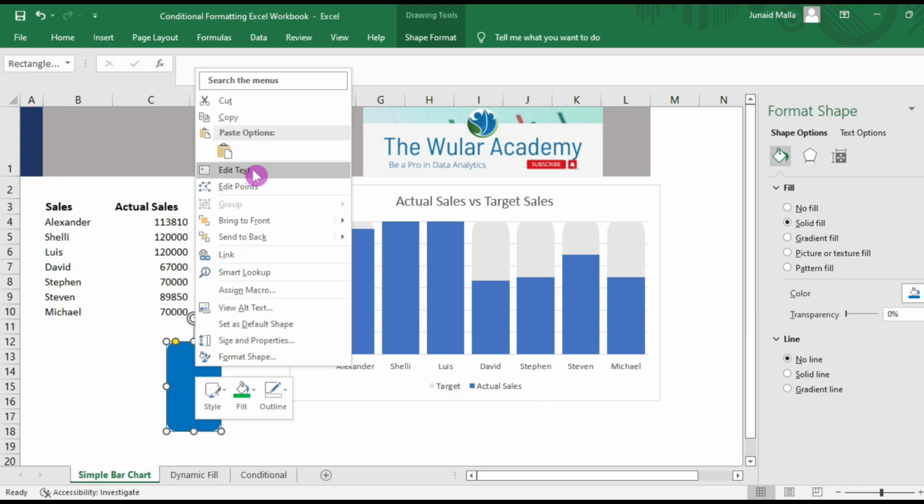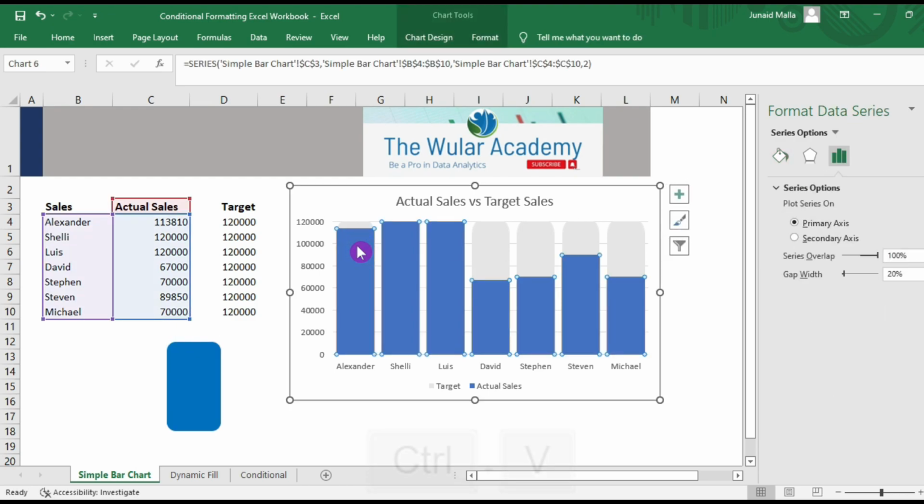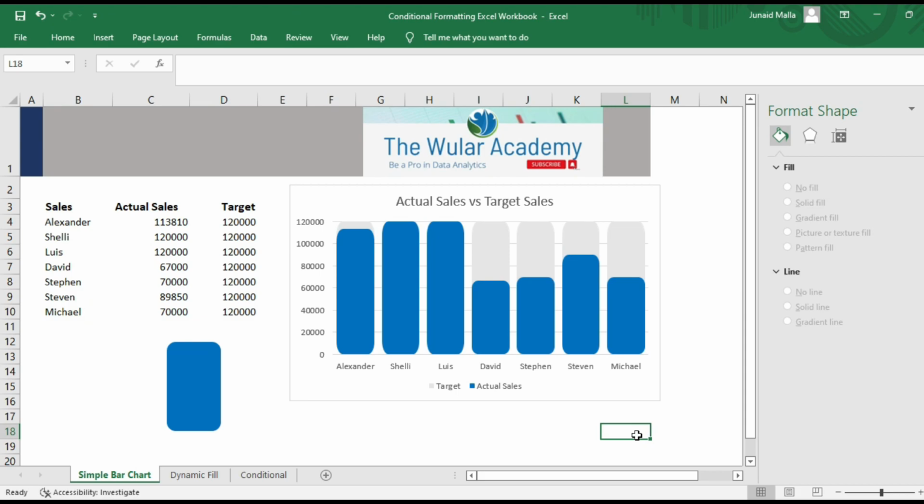Then I will copy the shape, Ctrl C. Click on the actual data series and press Ctrl V on the keyboard, and notice the change here in the actual data series. Isn't this chart looking awesome now? Now comes the